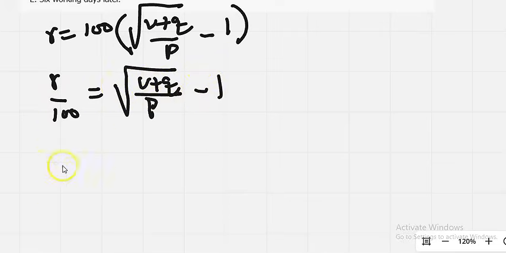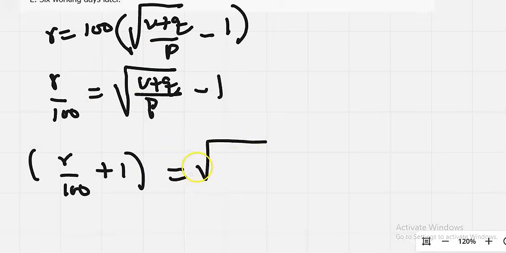So 1 goes to the other side. This becomes R over 100 plus 1 equals square root of (V plus Q) over P. So if you square both sides, you get